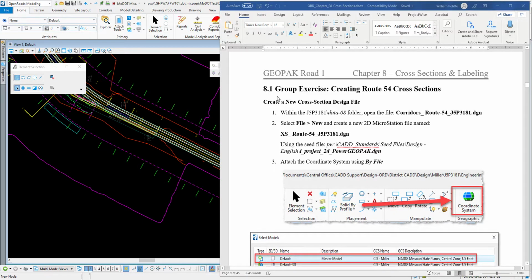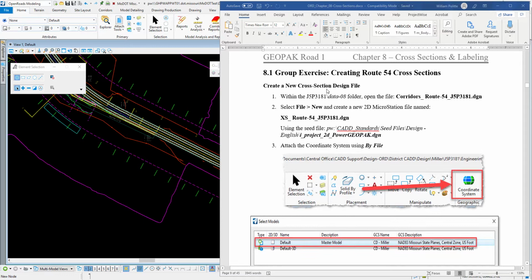Okay, this video is going to cover the 8.1 group exercise, creating Route 54 cross sections. What we're going to do first is create a new cross section design file within the job J5P3181 Data 8 folder. We're going to open up the corridors Route 54, and then we're going to create a brand new file. We're going to name it cross section or XS underscore Route 54